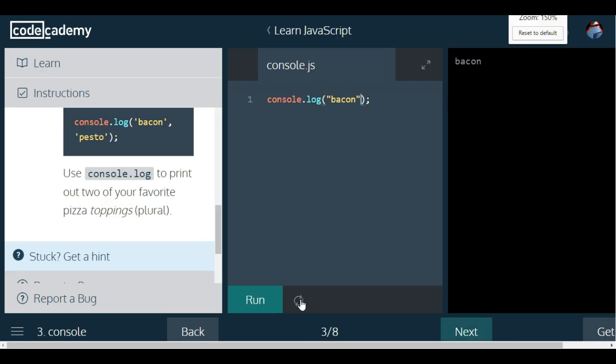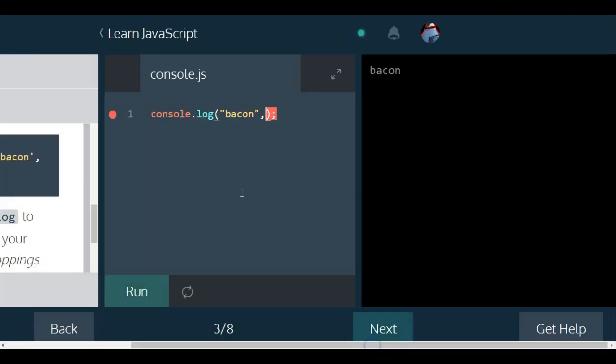So we're doing a second pizza topping here. The second pizza topping can be added by separating with a comma, and then we could add bell peppers. Once we run this, we can see bell peppers also printed out. But you can see it's all together. If you wanted to separate it with commas, you can add a comma inside the string. Now you have bacon, bell peppers. Let's say you wanted to do 2 bacon, 3 bell peppers. I don't know if that makes any sense, but as you can see,